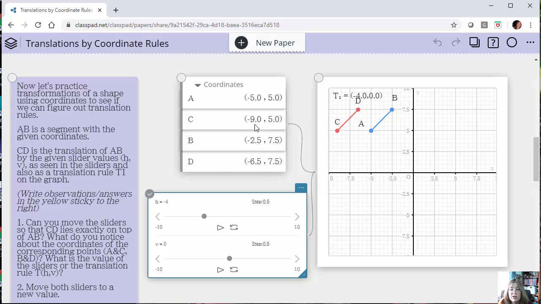And the idea is that they get the understanding that depending on which direction you move, negative or positive, you're going to add that to the horizontal if you move left or right, and you're going to add that vertically if you move up or down. So that's the idea behind this activity: understanding that if you're given a translation rule, you're taking the x value and adding it to the original x coordinate to end up with your image coordinate, and you're taking the y value and adding it to your original y coordinate to end up with your translated image coordinate, right? So that's sort of where we're going with that.